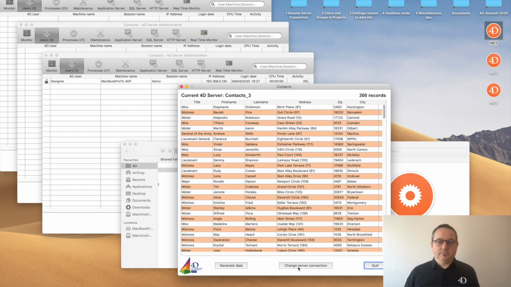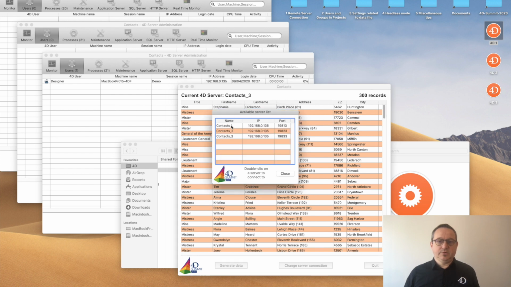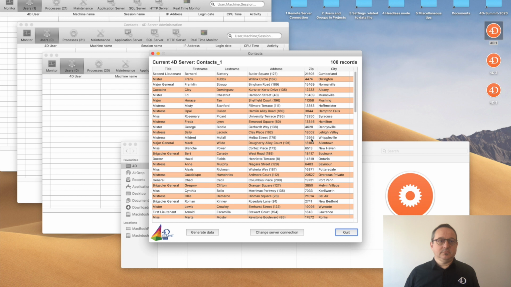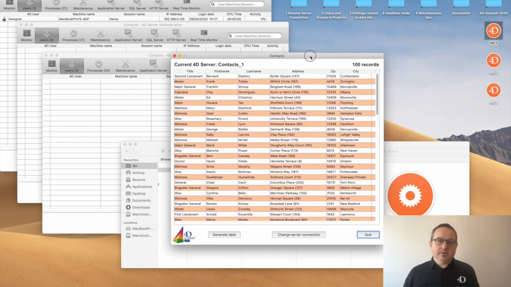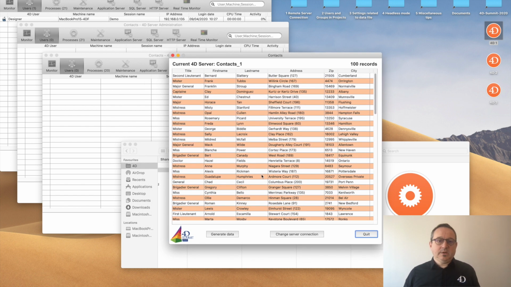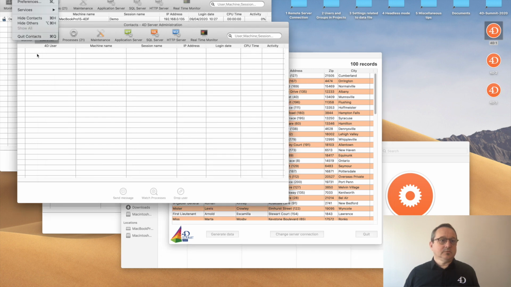I'm on the third. And if I want to reconnect to the first, it's very simple. No need to close the application and reopen it. And what happens when a server closes? Maybe the server 2. Okay, I close it.